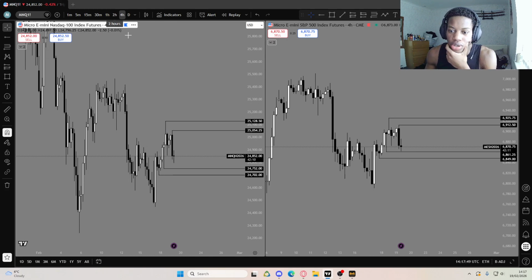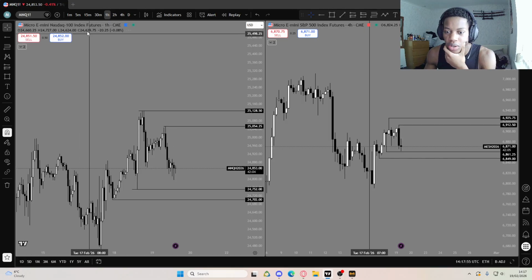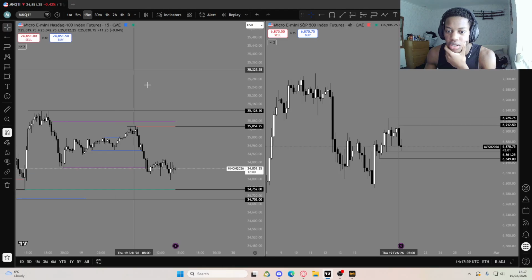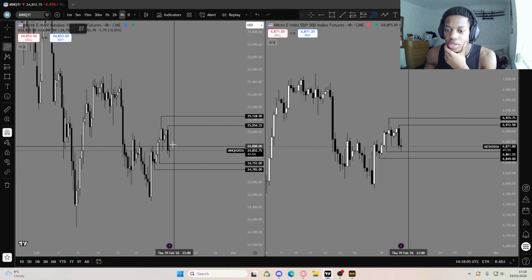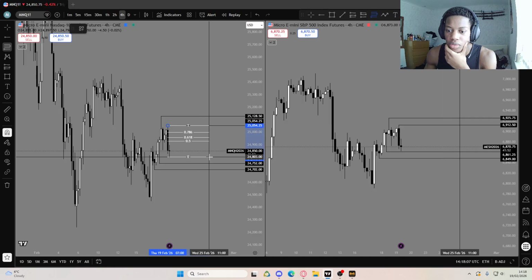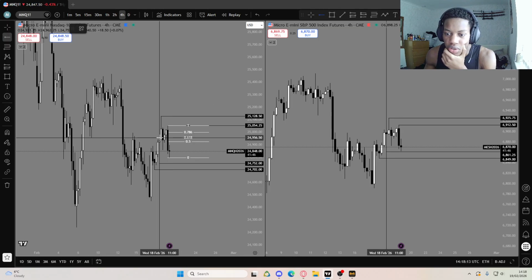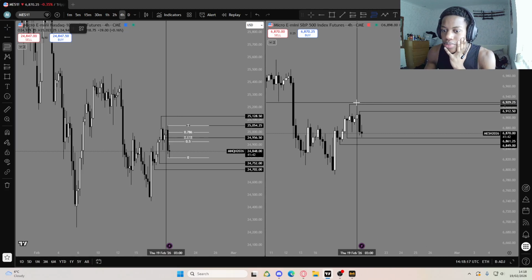On the 1 hour, let's check the 2 hour first. There's this 2 hour gap. It's also a 1 hour gap, and there should be 30-minute, 15-minute. Overall, it's just a big imbalance here. Let's just mark out equilibrium so that we can retrace into it. So ideally, we go back into that point there, like 0.6, before we make a move down.